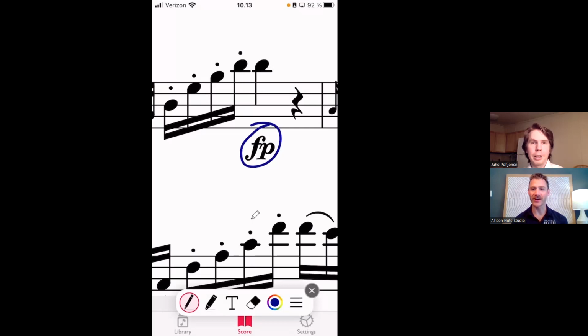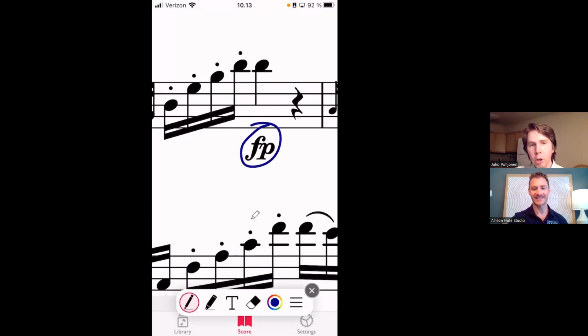Right. I remember us talking about annotation several months ago, and I was going to mention that too. So when I annotate in the horizontal mode, the annotations do stay with the note heads when I transition the tablet up and down. Mostly. Right. Mostly, yeah. There are bugs, like,